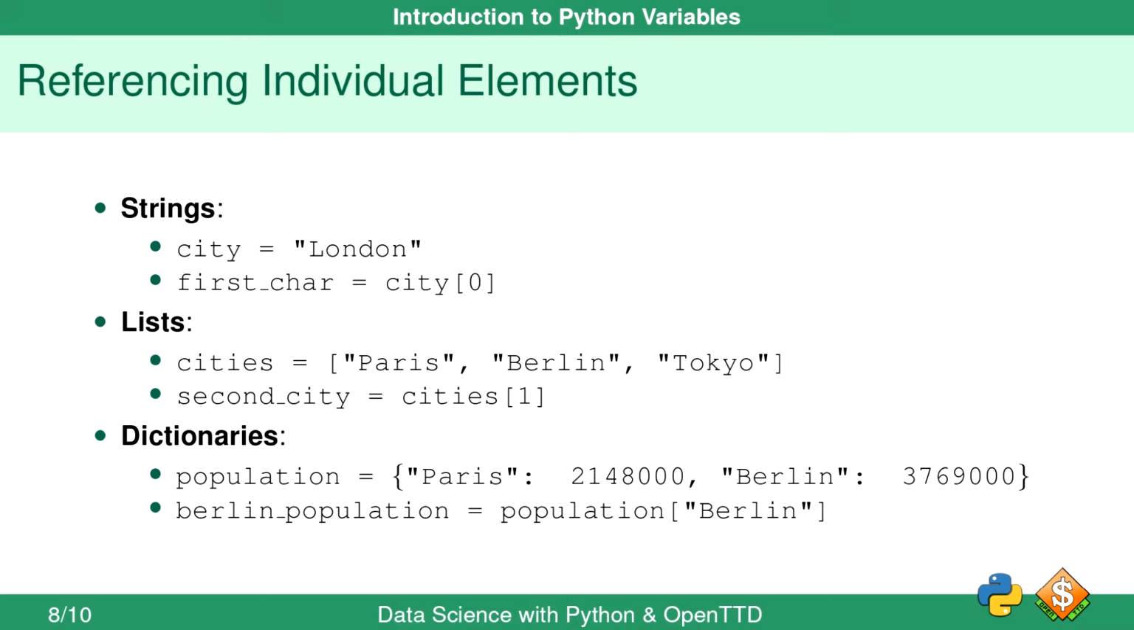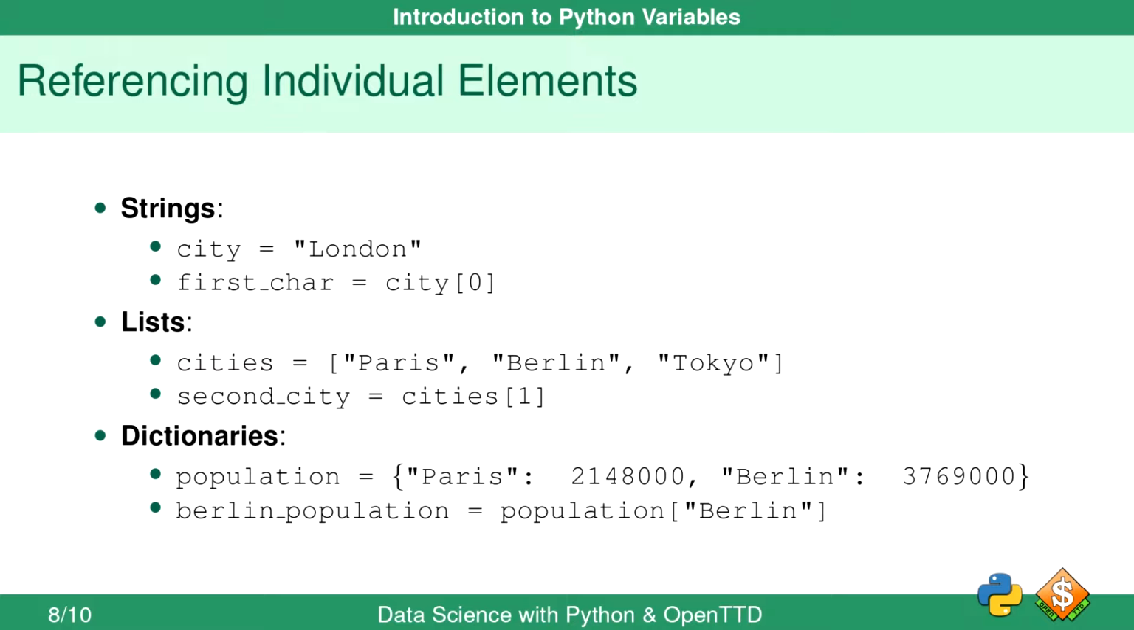Referencing individual elements depends on the data type. For strings, we can access characters using indices in square brackets. If city equals London, then first character equals city with index 0 in square brackets, which gives us L. For lists, we access elements by their index in square brackets. If cities equal Paris, Berlin, Tokyo in square brackets, then second city equals cities with index 1 in square brackets,